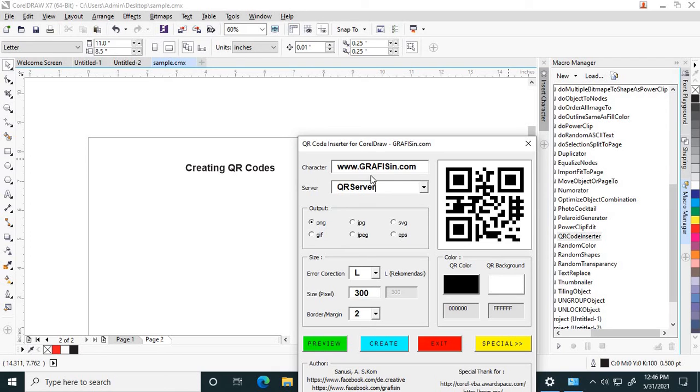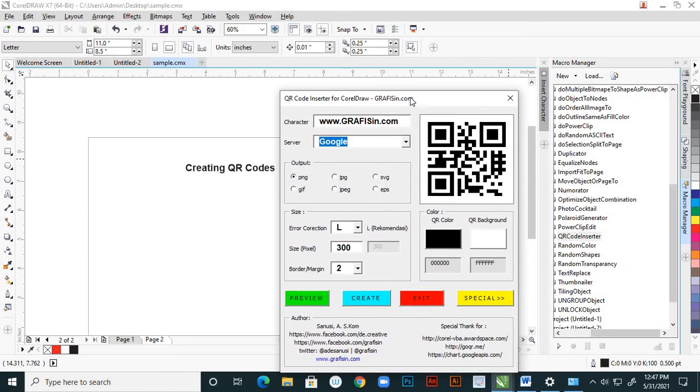Here you have to give your server, suppose server connection you are giving, or otherwise Google. Suppose here www.ideasunlimited.com, otherwise www.arenaanimation.com. You can give your web address, right? And the server is suppose Google, right?